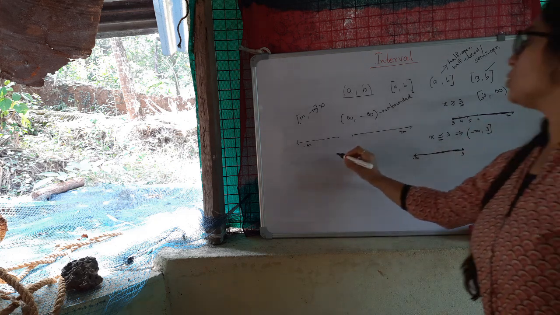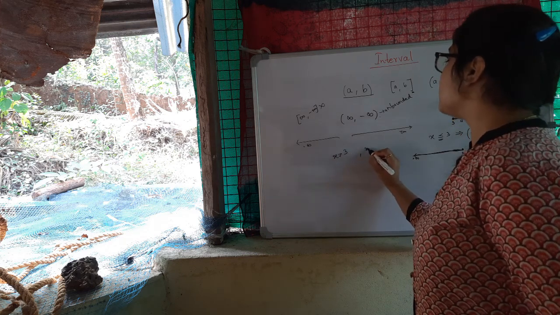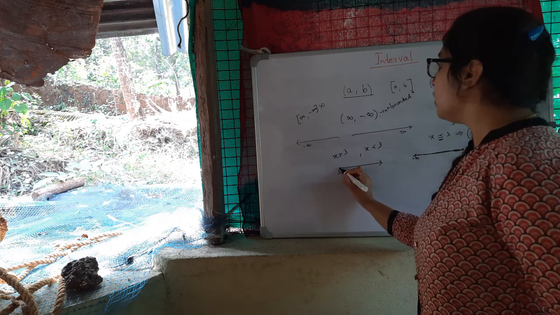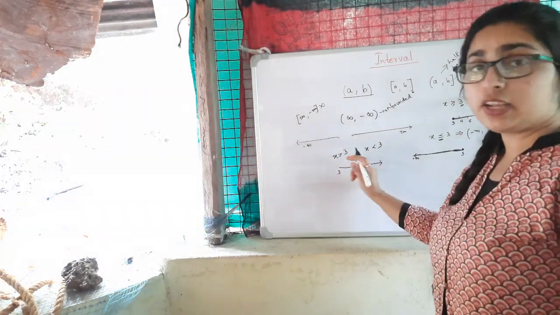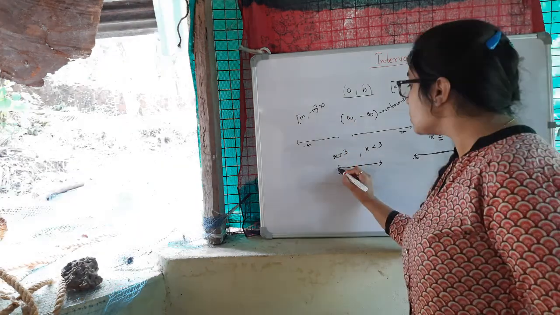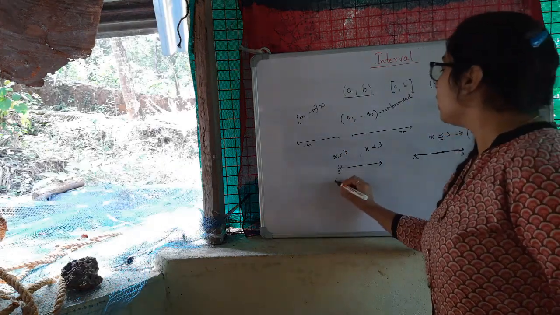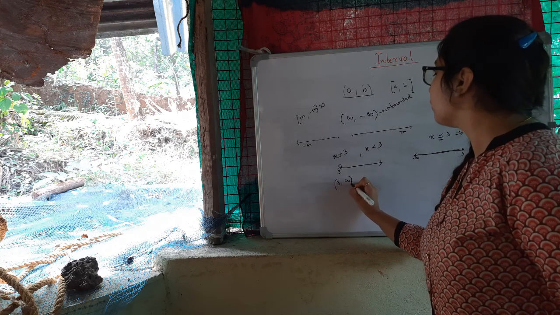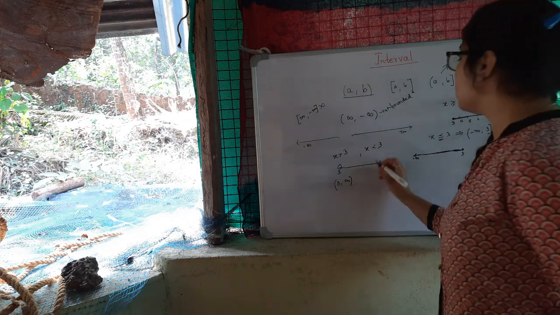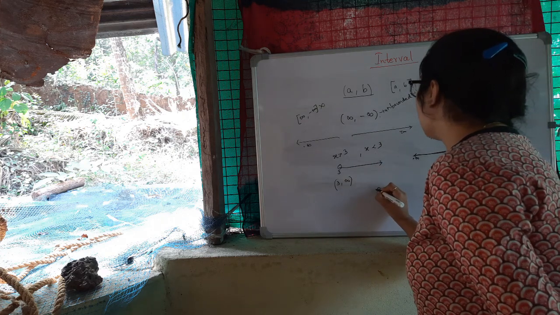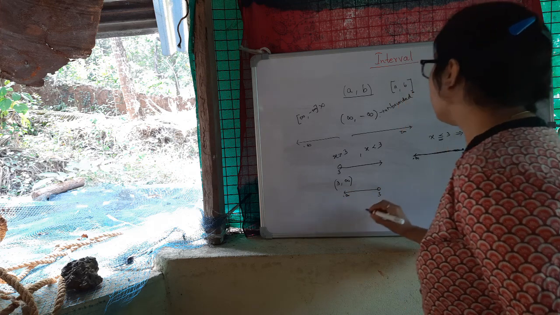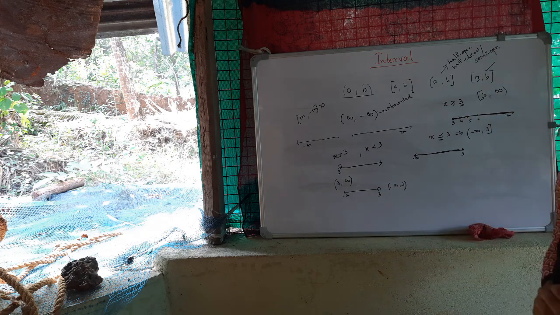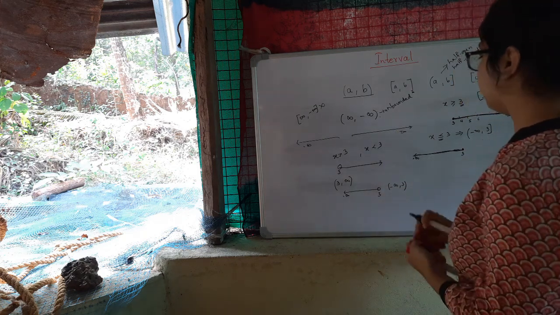So it can be open also: x greater than 3, x less than 3. If 3 is not included, so x greater than 3, where the number 3 is not included, this one will be an open circle. In interval notation, it can be written as 3 and infinity. So it's an open interval. This is 3 and it is extending till minus infinity, so this can be written as minus infinity and 3. This is also an open interval.